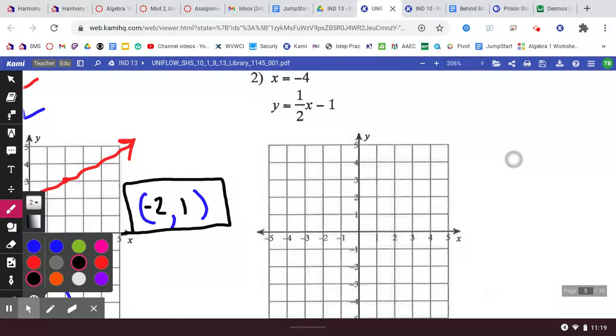All right, so a couple things come into play here. First of all, you have to remember how to graph those special lines like x equals and y equals. Remember, those are your horizontal and your vertical lines. So first, let's graph our x equals -4. Well, x equals -4